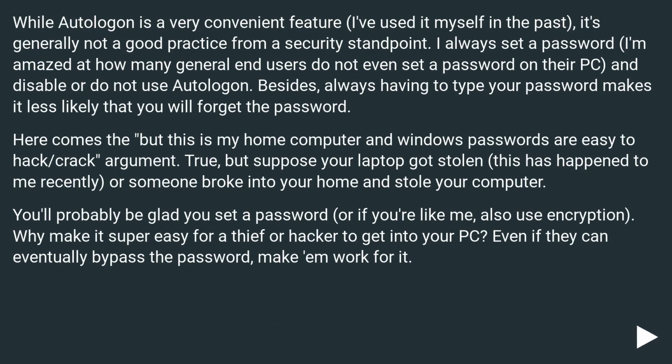I'm amazed at how many general end users do not even set a password on their PC, and disable or do not use Autologon. Besides, always having to type your password makes it less likely that you will forget the password. Here comes the "but this is my home computer and Windows passwords are easy to hack/crack" argument. True, but suppose your laptop got stolen, this has happened to me recently, or someone broke into your home and